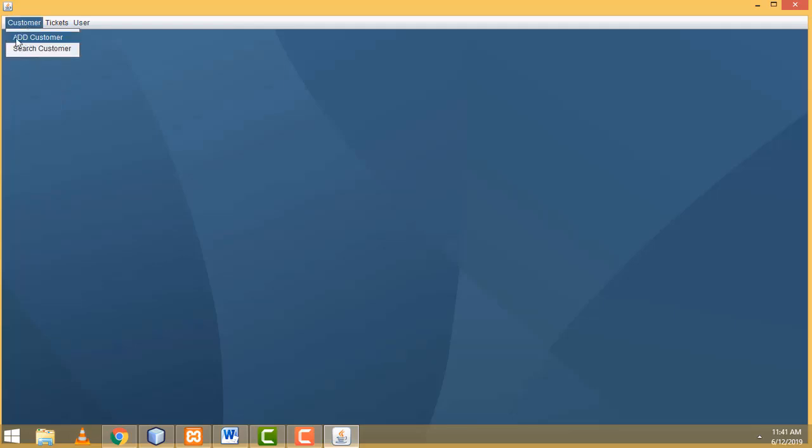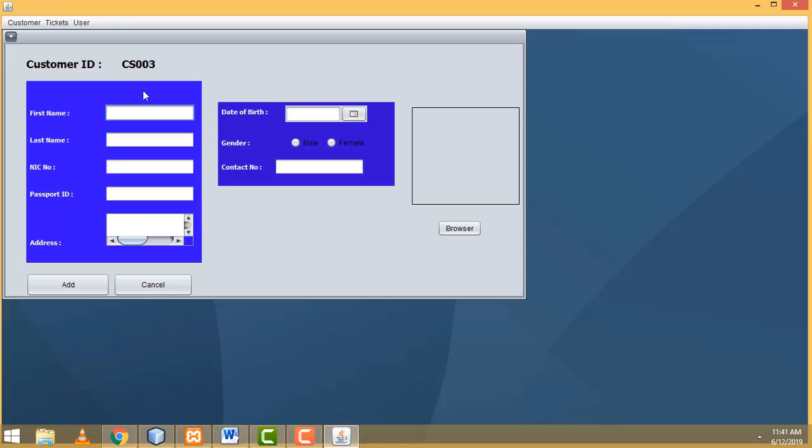Here you will be able to add a customer and search for a customer. First I am going to click add customer. Here you will be able to add the new customer. Here is the auto number generation. The customer ID will be auto-generated. Here I am going to enter the customer name John, last name Peter,